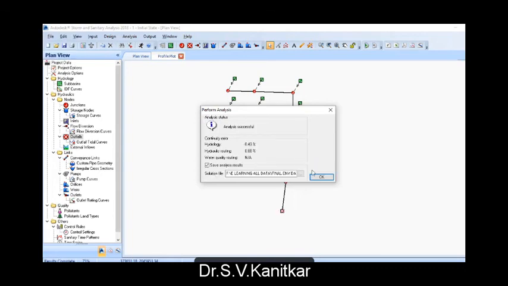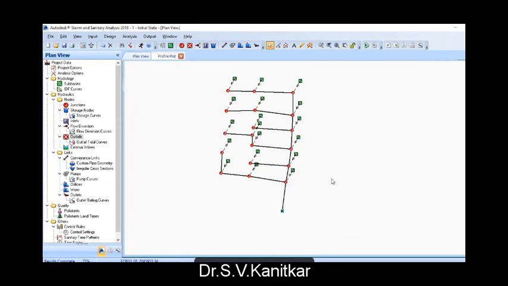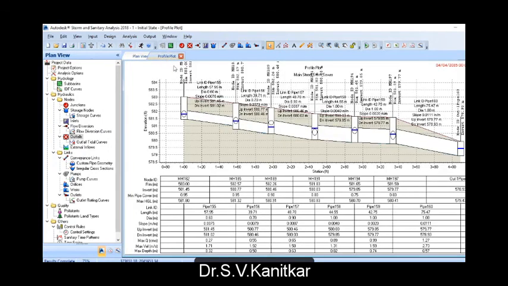For say a 1 in 2-year return period, you can see the profile plot now. Okay, what it shows is basically the hydraulic grade line. So for a return period of 1 in 2 years, it also shows the water level lines in the cross pipes over here. Now I can also simulate this, or I think I need to add the IDF curve, which is for the region.